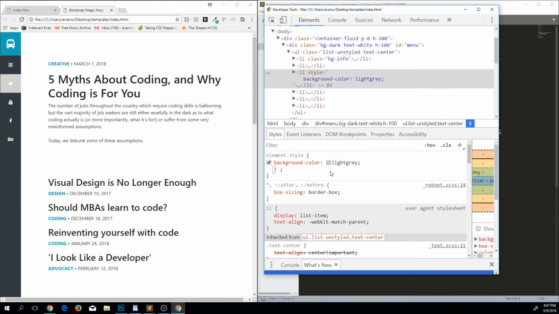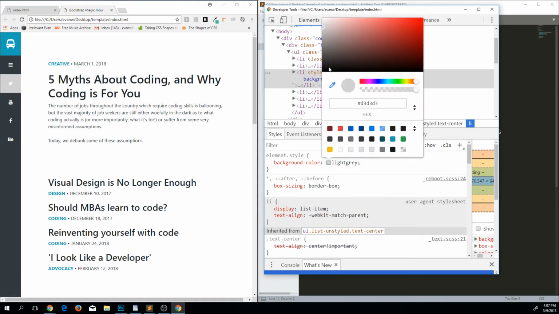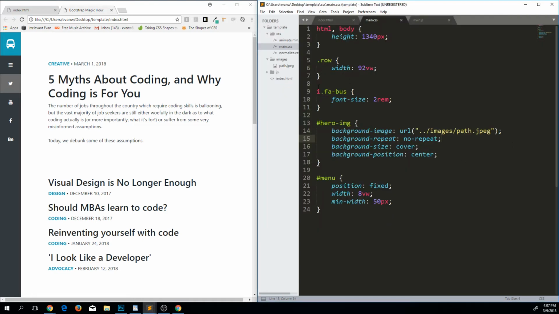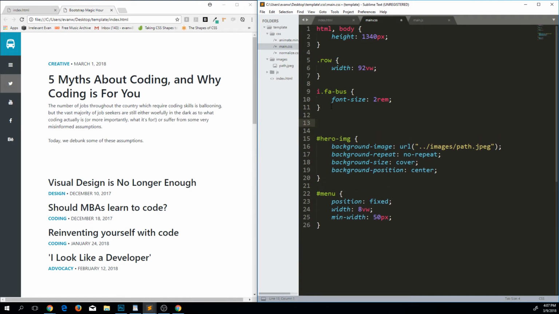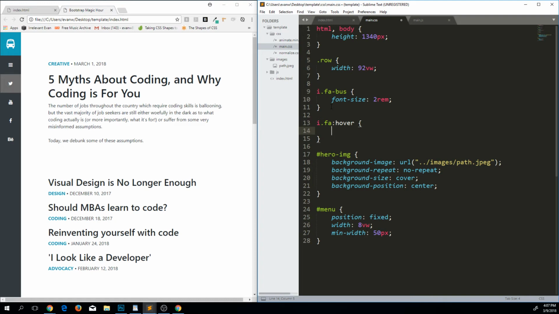That's way too light, so I'm going to click on this little color box in my Styles tab, drag it down until I get to a background color I like, copy it, copy the hex code for it, and in CSS, I'm going to select, right, when I hover over Font Awesome icons,